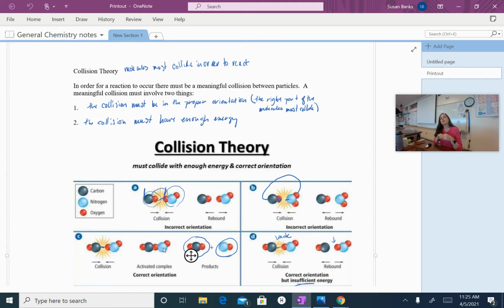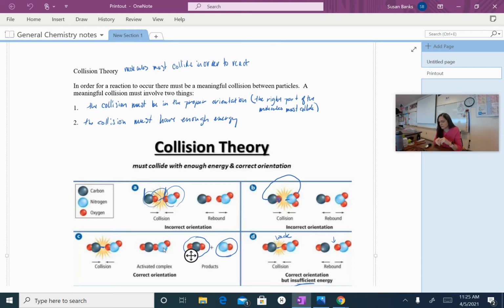So if you are colliding the molecules together on the wrong parts, the part of the molecule that isn't really involved in the reaction, that's not going to cause a reaction. So you have to have the molecules collide on the correct or the proper orientation of both of the molecules. The other thing that we also need for these atoms, ions, or molecules to react is that the collision has to happen with enough force so that we have enough energy to